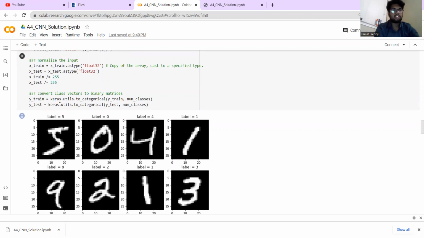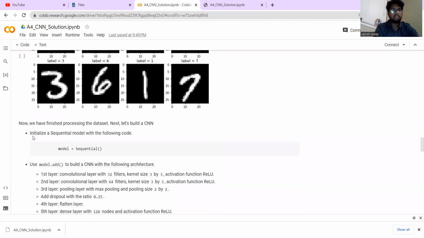And then we are converting these classes into binary matrices. All the classes have been converted into binary matrices using keras.utils.to_categorical, like converting the numerical values into categorical values. Then we are processing the dataset. We have finished processing the dataset. We got the dataset, we normalized it, we have categorized the output, and now we need to build a